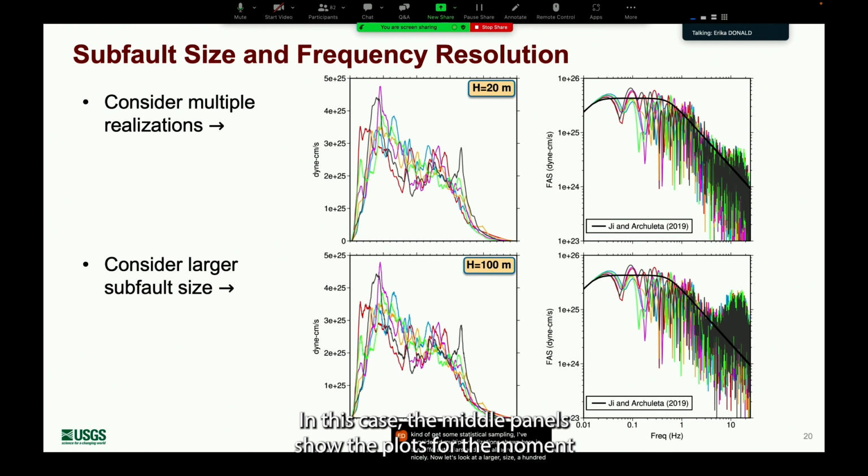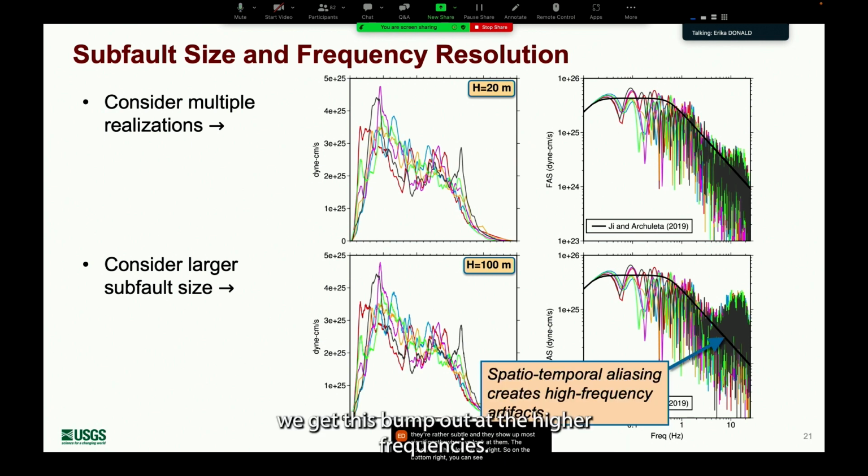The middle panels show the plots for the moment rate function, and visually they actually look pretty similar. But there are differences, but they're rather subtle, and they show up most significantly when we look at the spectrum, the plots on the right. So on the bottom right, you can see that we get this bump out at the higher frequencies when we